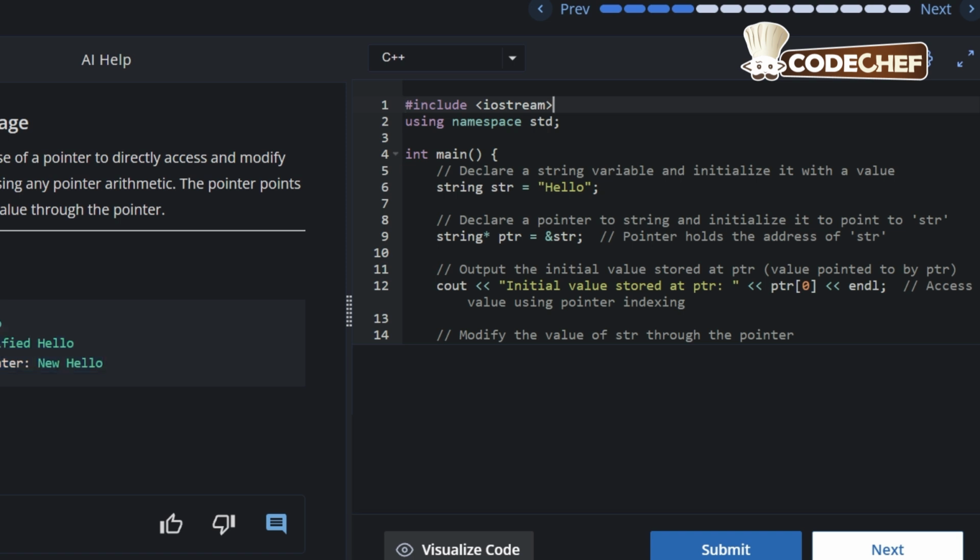Coming to the code, #include <iostream>, using namespace std; int main. Now curly brace begin for the main function. string str = "hello"; So here we have declared a string variable whose value is hello. Then string *ptr = &str;